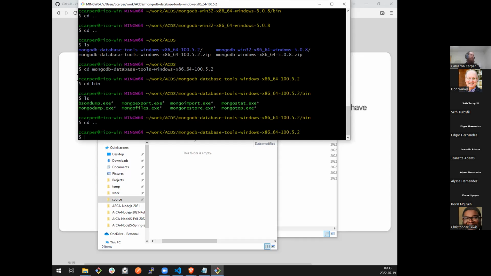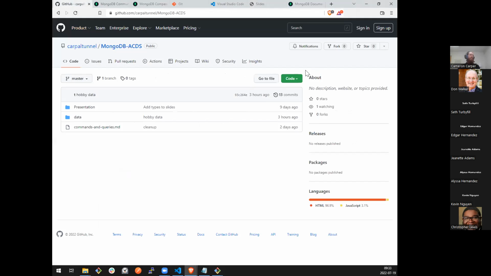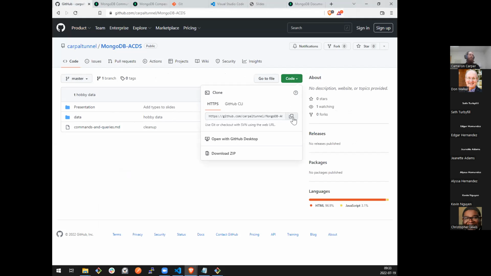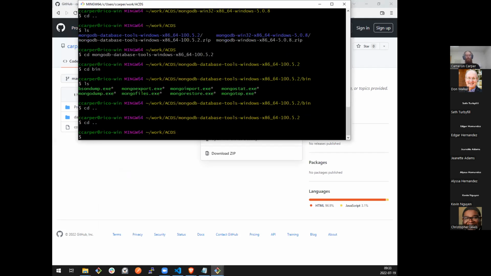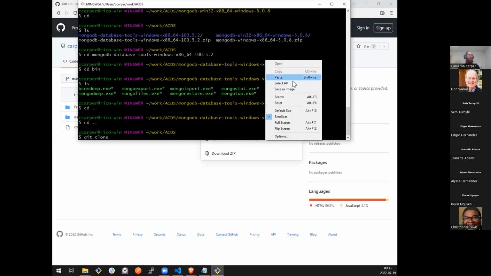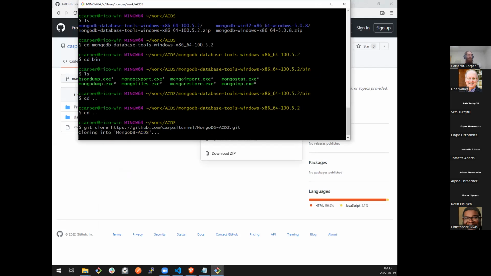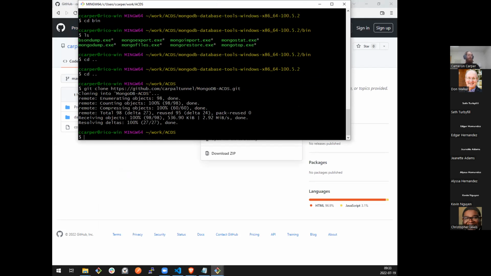So now you'll get the full experience on a Git clone as well. So go grab our URL from this GitHub. And I'm just going to put it in generally the same area, do a Git clone. Again, I'm not terribly used to working in Windows, so I can't remember to do Shift Insert for pasting on this terminal, so I end up right clicking, but it'll get us where we need to go.